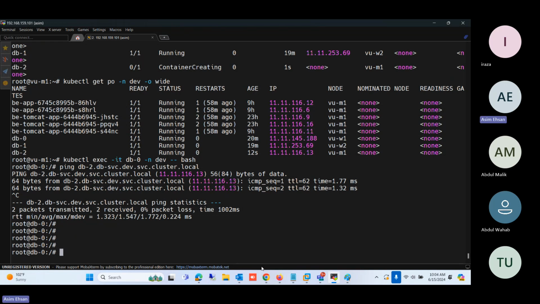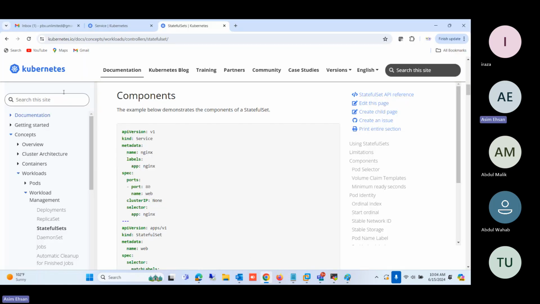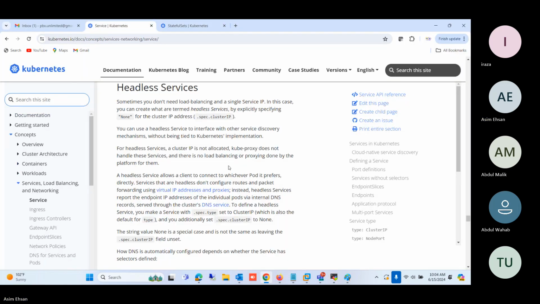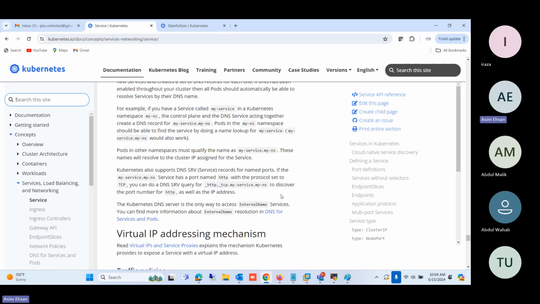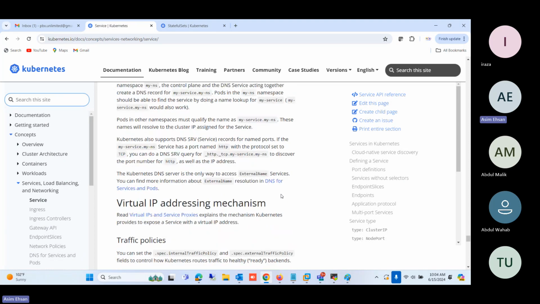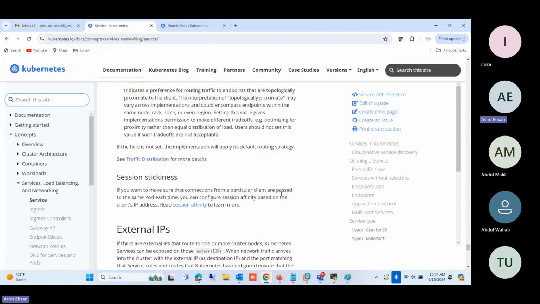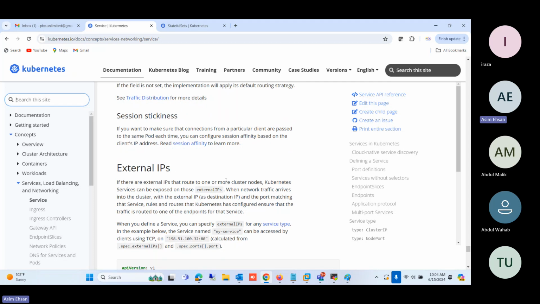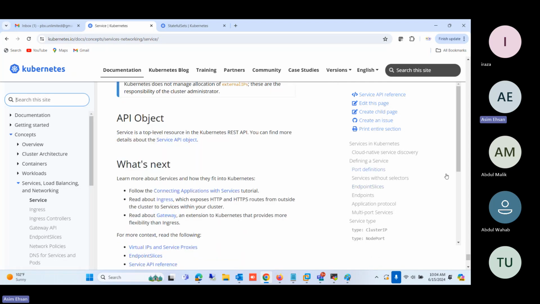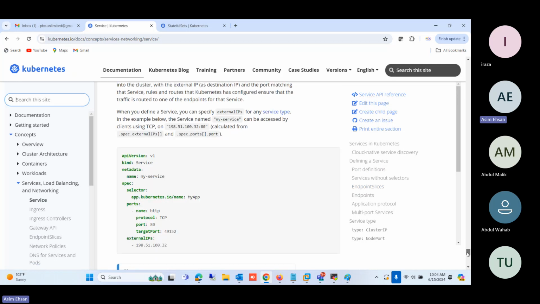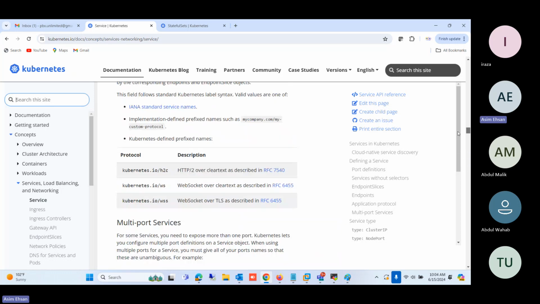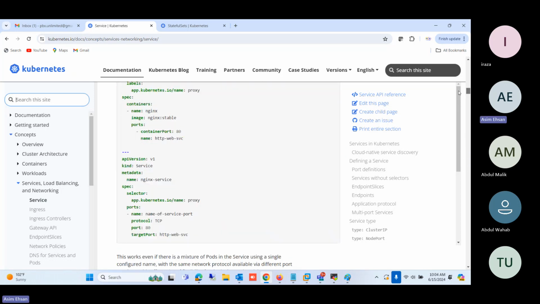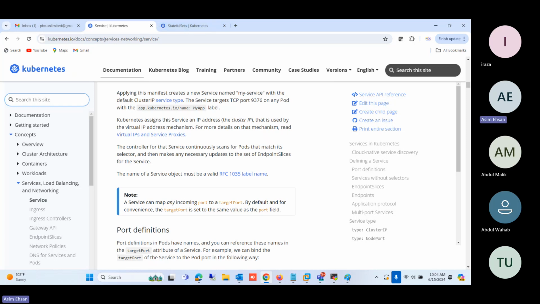So this was the whole story about this service concept. We looked into detail at the concepts of how these pods work. If you read this whole document, you will get a lot of other concepts too, but the core concept we did in detail. If you have any question about the service,